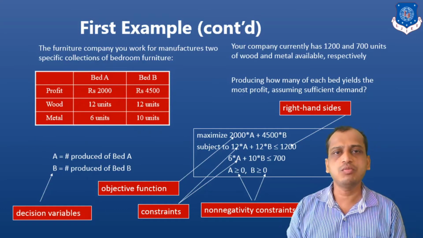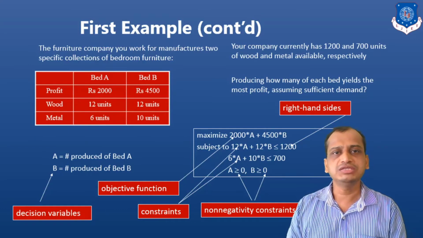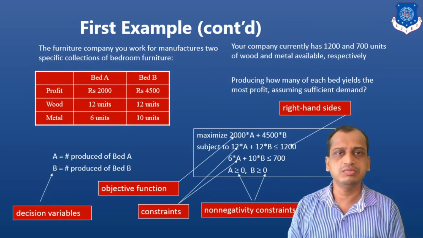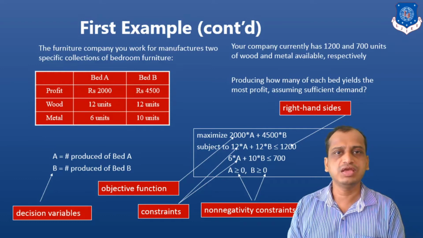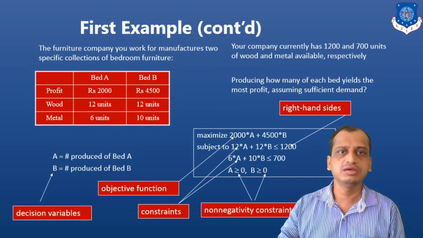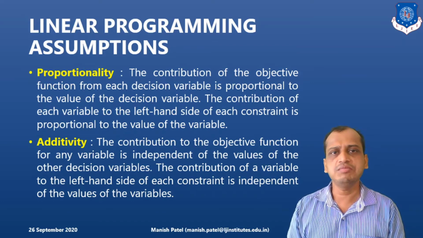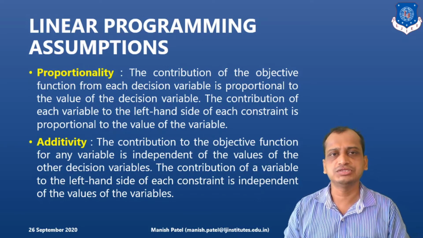So why do we formulate this linear program? Based on this formulation, we can easily solve. Clear? We have converted it into a mathematical model, a linear programming model. Now from here onwards, we can use the simplex method, for example, the graphical method, different methods to solve the example. Clear? Now there are certain assumptions that go into this linear programming model. As the name indicates, linearity should be there, proportionality, that is the first assumption.